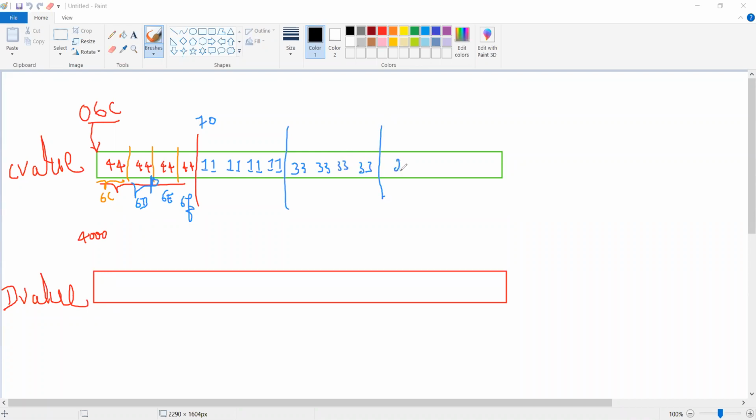The last numbers are 22, then 22, then 22 and 22. So this C value array I have already loaded, but D value is empty, or you can imagine zeros in every position.